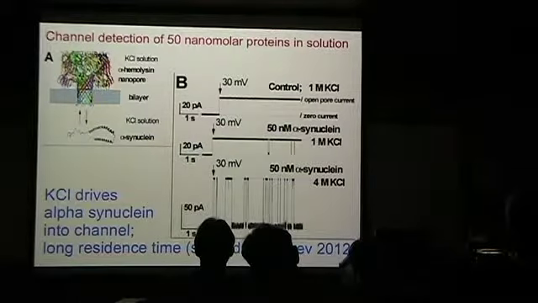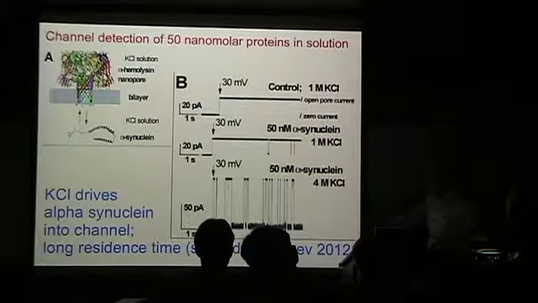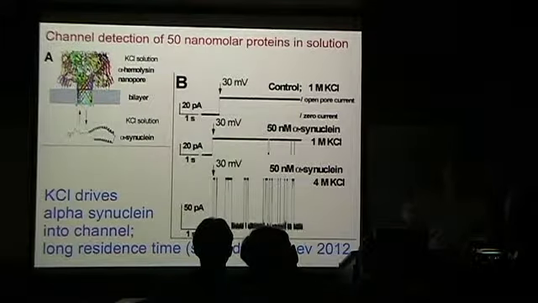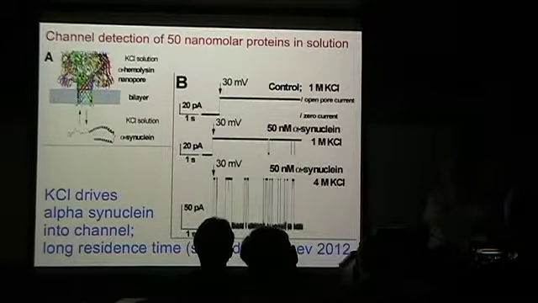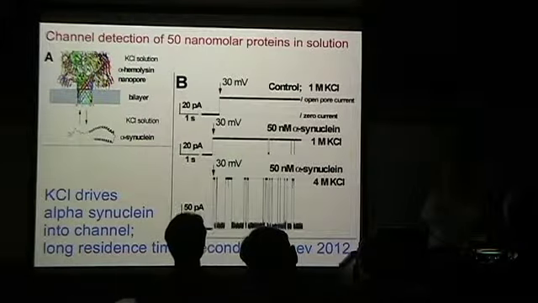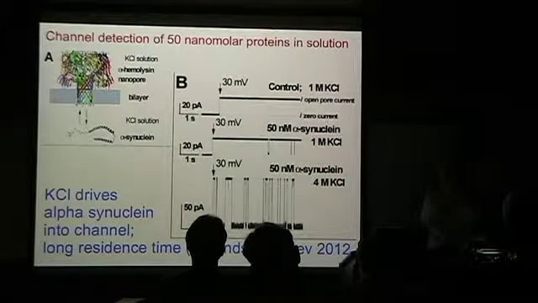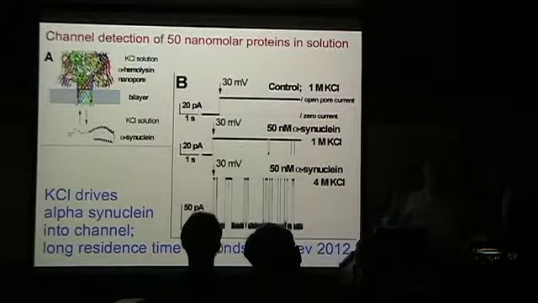At least as we understand it, he goes in, and then he dithers. And the neat thing in channel transport, a little bit to one side, is the longer you can keep him in there, the more he's going to have a 50-50 chance of getting out. Because it's just what you learned in random walk theory. If I start from 0 to 1, and I'm at point 2, I have a good chance of randomly walking out of the 0 end. So by the time I get to 50, halfway through, I have a 50-50 chance, and then my chances improve the other way. So if you increase the residence time, you increase the probability of net transit.